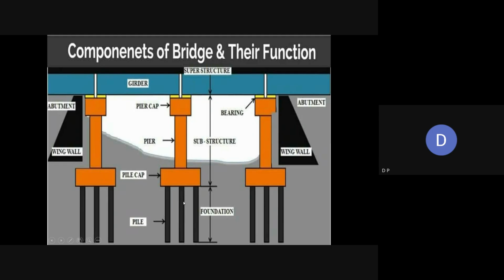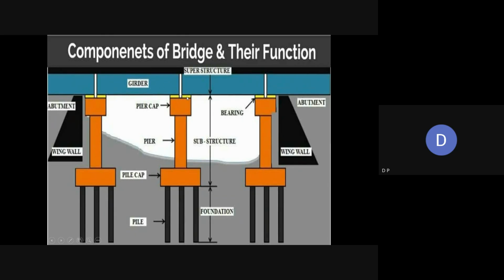So these are the parts of substructure, that is foundation. Then over the foundation or these piles, a pile cap is there. So these piles are connected together, and from there you will see the pier is constructed. This particular part is the pier or column which will be above the ground, and further it will be extended in the form of a pier cap so that it can take the connections or load transfer mechanism from the girders, as per the type of bridge, and which will support the